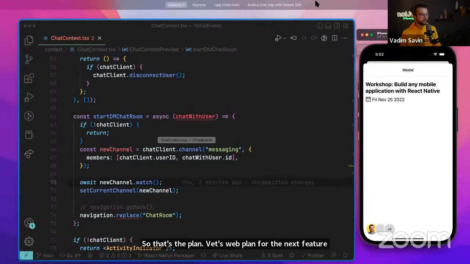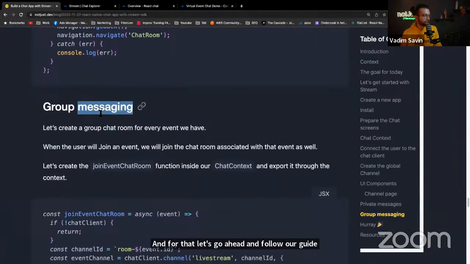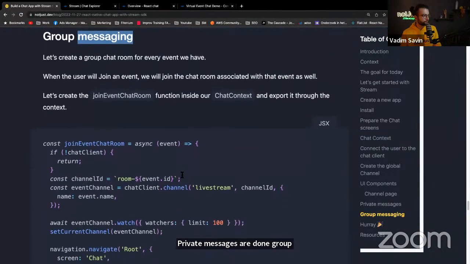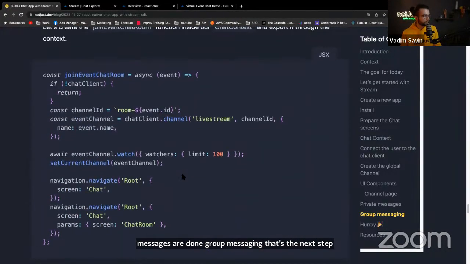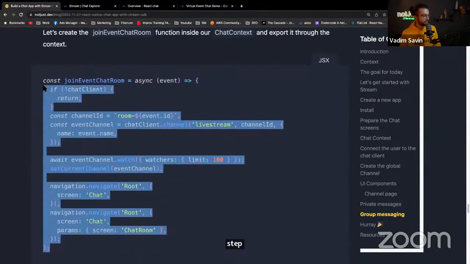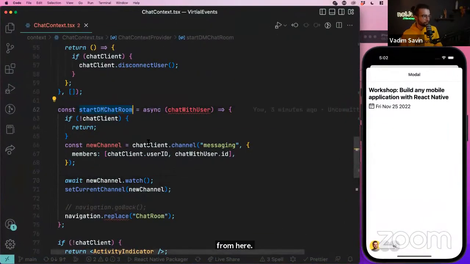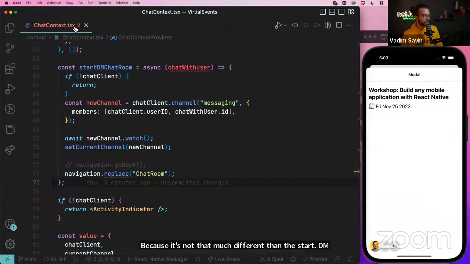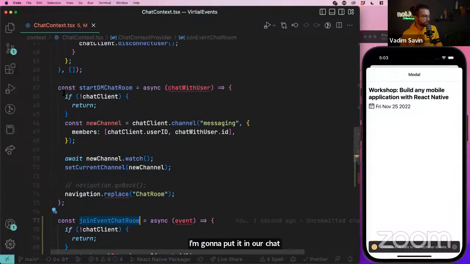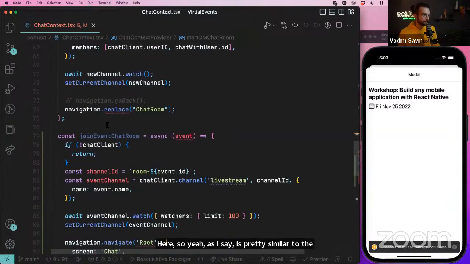And for that, let's go ahead and follow our guide. Private messages are done. Group messaging, that's the next step. Yeah, the join event function, let's actually take it from here because it's not that much different than the start DM chat room. I'm going to put it in our chat context.tsx at the end here. So as I say, it's pretty similar to the previous start DM chat, but the join event chat room